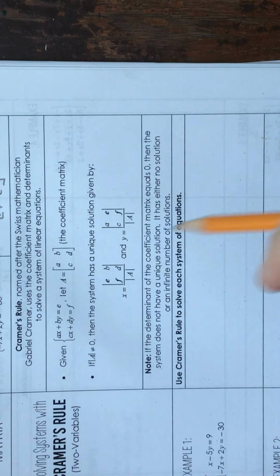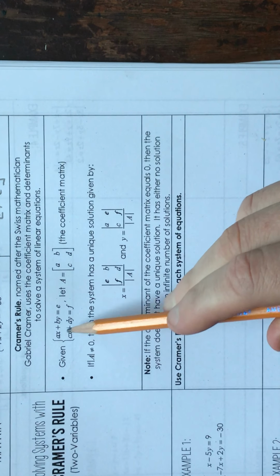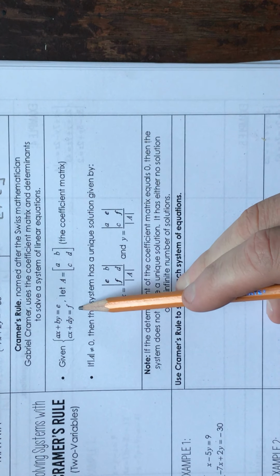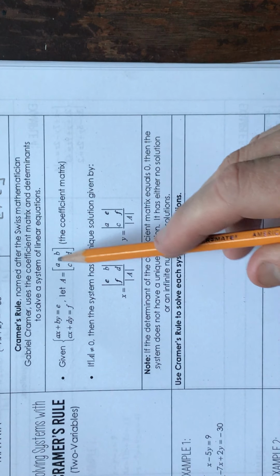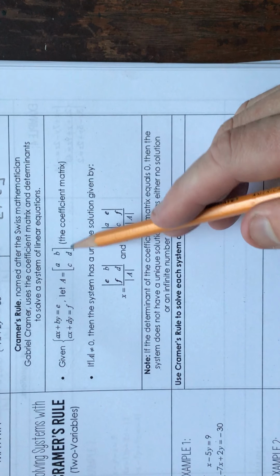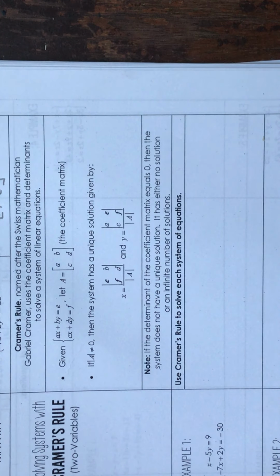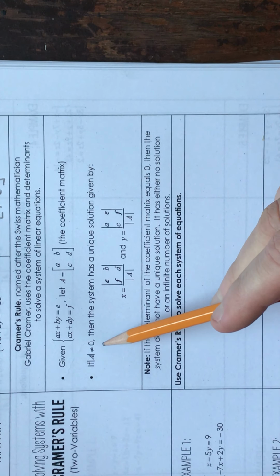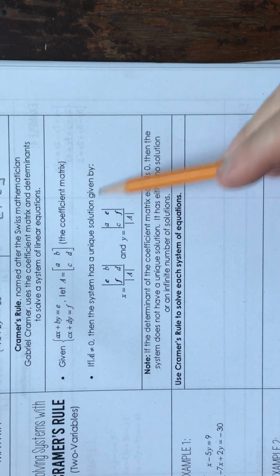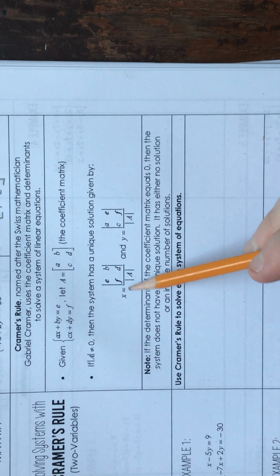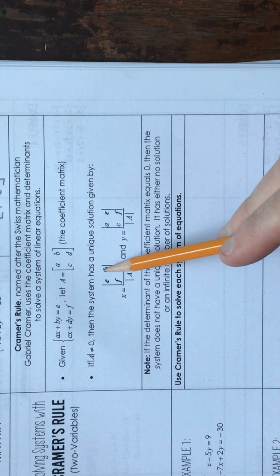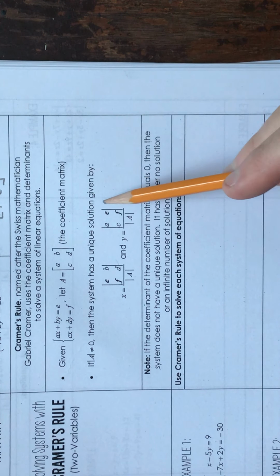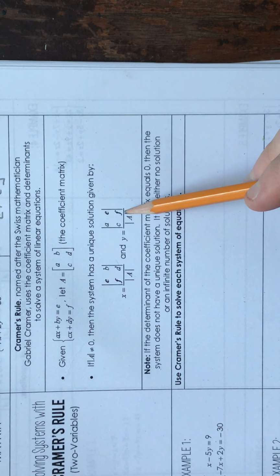Given a system ax plus by equals e and cx plus dy equals f, and we let matrix A be A, B, C, D, which is that coefficient matrix we were just doing, as long as the determinant of A does not equal 0, then the system has a unique solution given by x equaling the determinant of EBFD over the determinant of A, and y equaling the determinant of AECF over